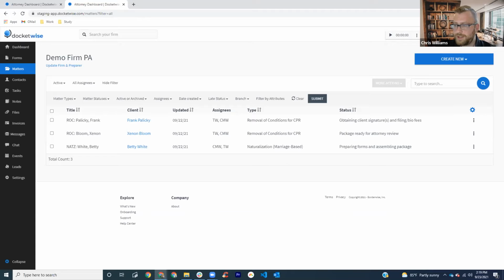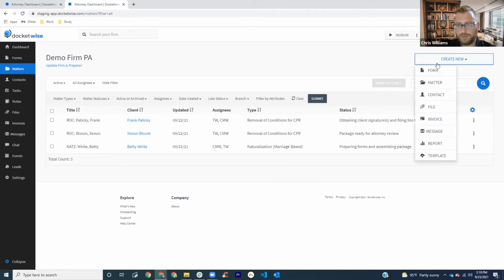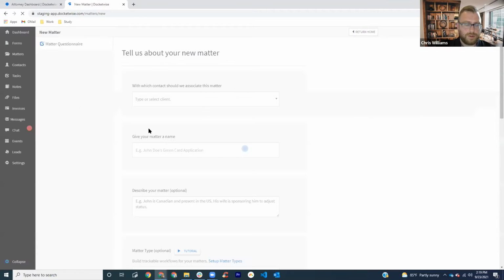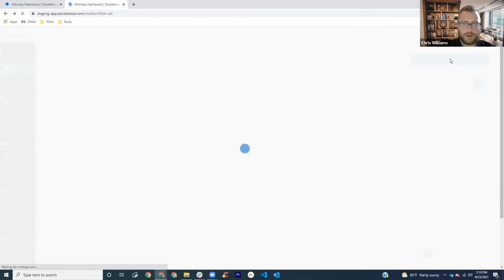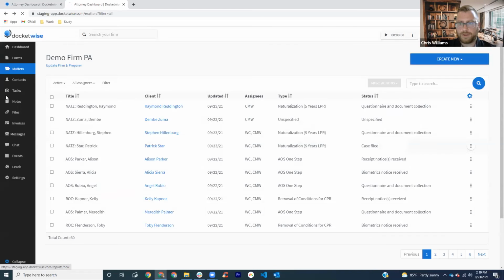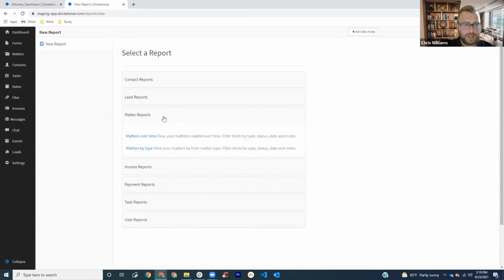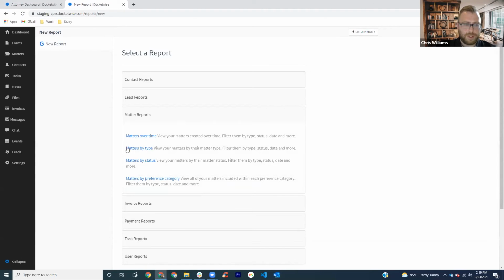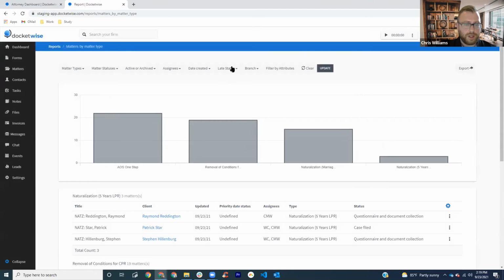So let's say that we want to see all matters that are late in a report. So we can go to make a report. So we want to make a report. So we can choose any matter report. Let's say we just want to see matters by type. We'll just do that for an example. And then we can also have the same filter here that we had on the matters dashboard to filter just for